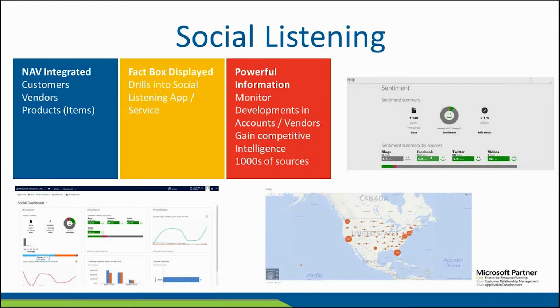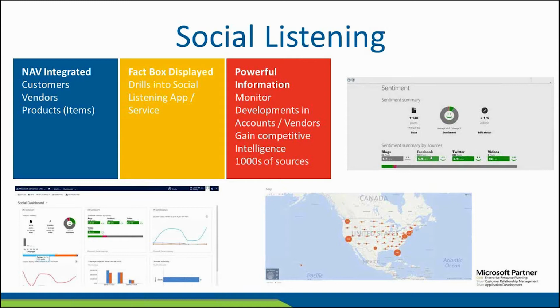So what this effectively is doing is, based on, for example, your customer, it will show you the sentiments of the posts out there on the various social sites, whether that's Facebook, YouTube, Twitter, and return to you within your NAV environment how people out there are tweeting about your specific customer. So it enables you to drill down and see what some of these tweets are about, and why maybe the buzz is positive or negative on a particular customer,